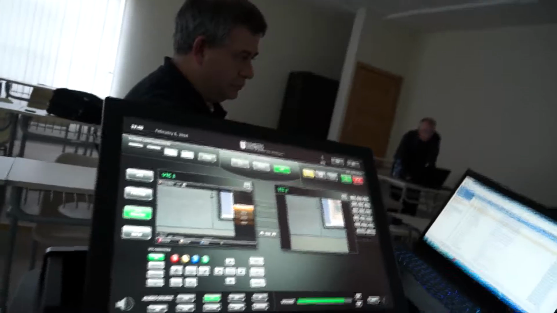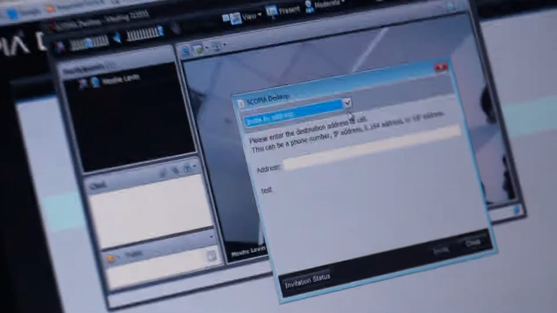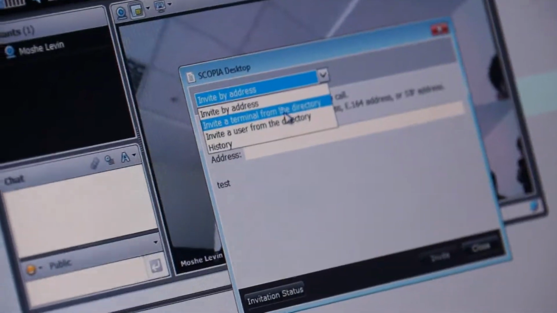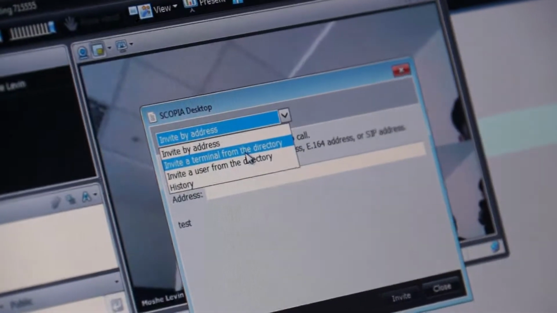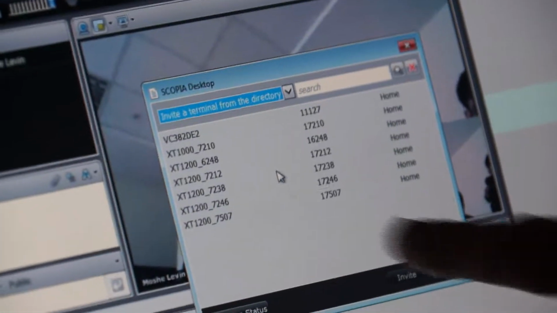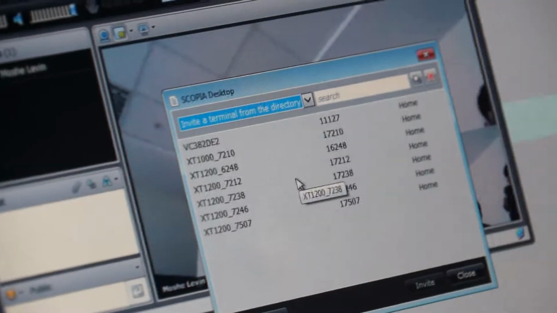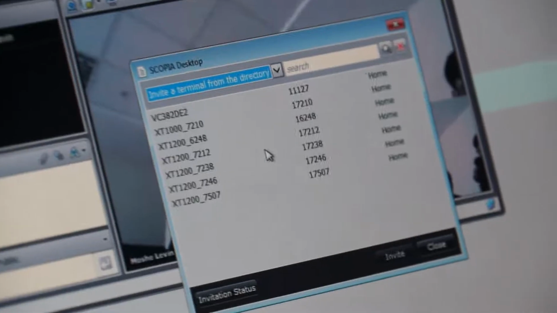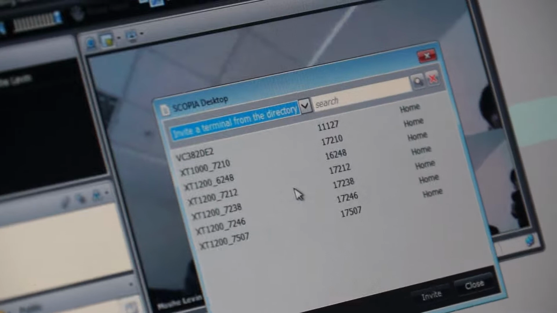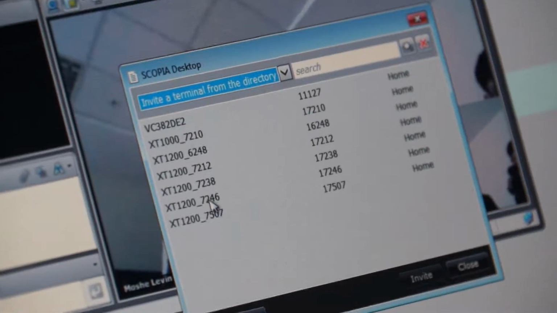I can show you. Do you want to see it? You know, the address book, yes. You have it on your PC? Yeah, it's over here. So I'm using a virtual room, and you go to moderate, invite. You can type in the IP address, but you can also invite a terminal from a directory, and then here are the room numbers. You see 7507, that's the one. We have 7246. So we have 6 here, all the 6 rooms that we have the VTCs in. So I'm going to invite this room,